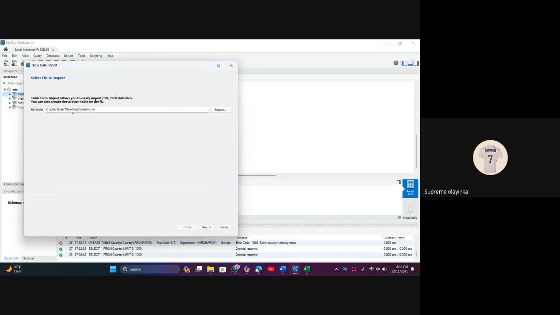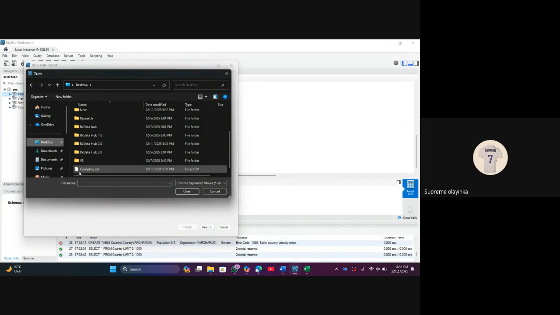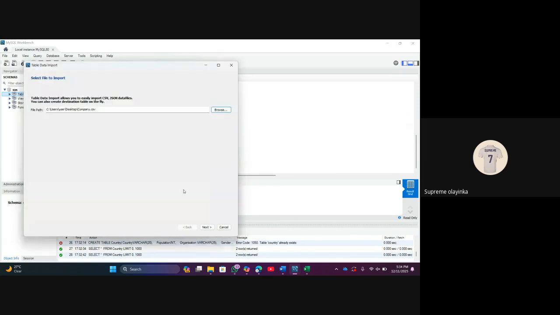It is already choosing it, but in case you want to choose it, you have to go to where your file is. So go to your desktop. My data is on my desktop. And I can see it here, company.csv. Right. I want to click on open. Oh, sorry, I have not picked it. Then open. So the next thing is